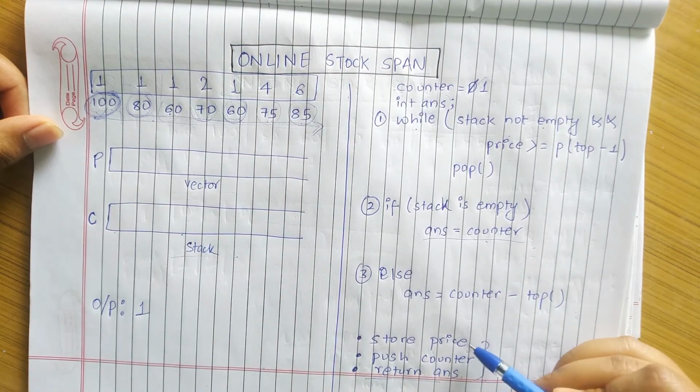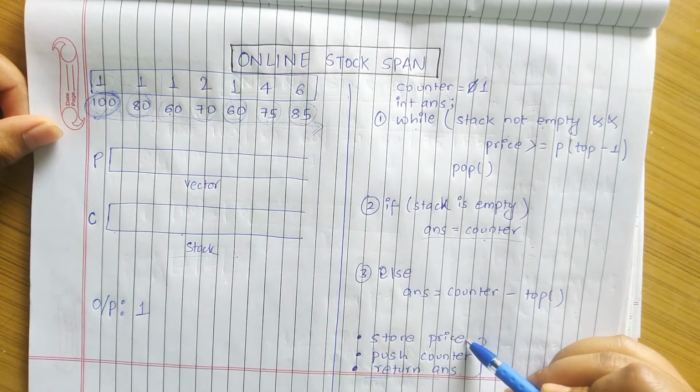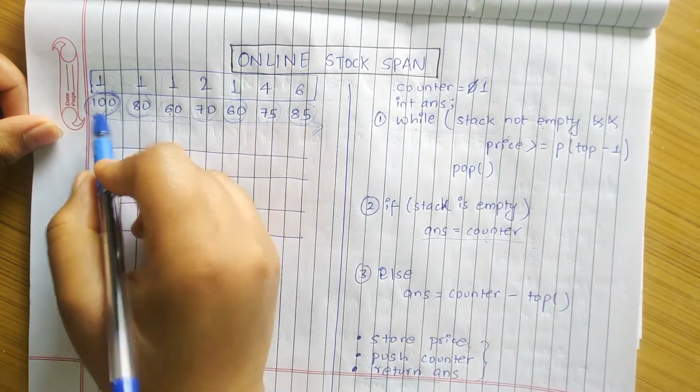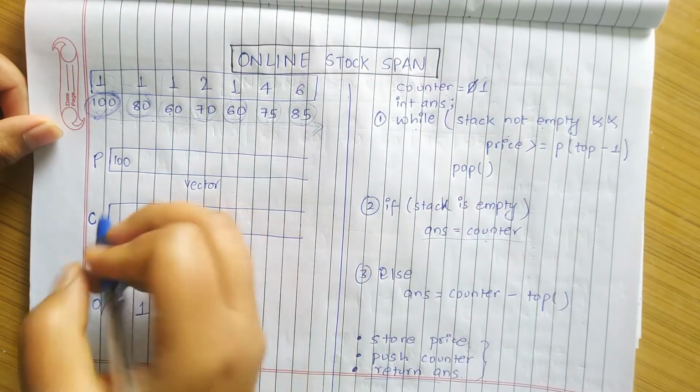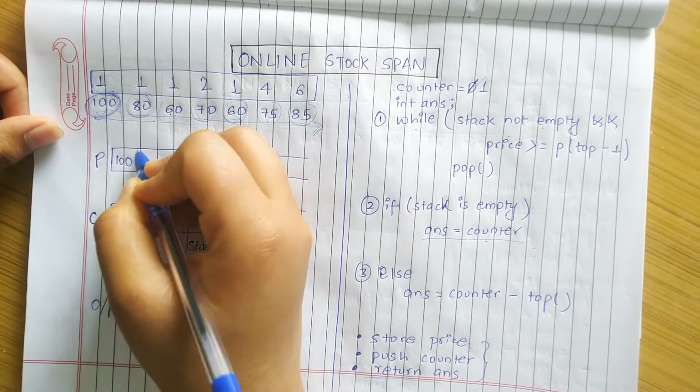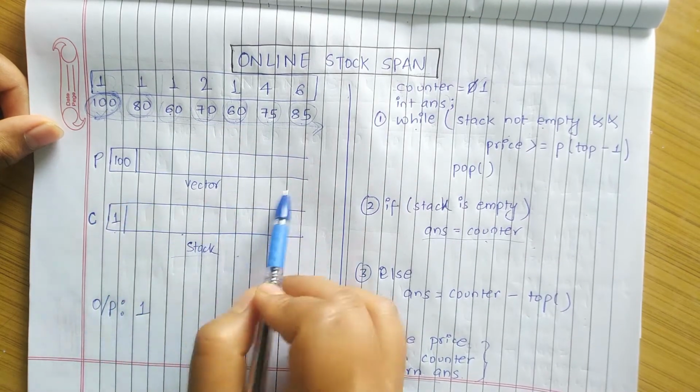And before returning the answer, what we did was store the price. So we store the price 100 and also push the counter. This is 1, so we push 1. Now the reason that we have to make this vector and store these values is